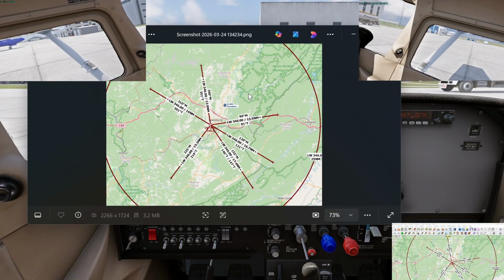I have these as a reference, and I'm going to play my own traffic control. I'm going to be my own approach control or departure control or center or whatever you want to call it. I'm going to give myself self-vectors and get us set up to intercept some of these bearings. And let's take a look at